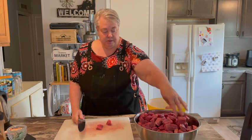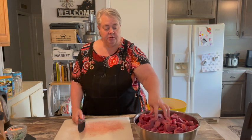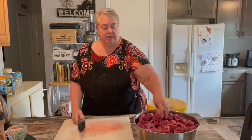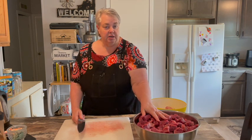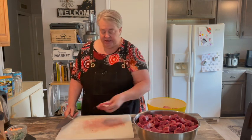So there we have it. Nice big bowl. Now I'm going to cover this with plastic wrap, put it in the fridge, and then when I get home from doing all my things today, we will get it into some jars and into the pressure canner. But I'm going to take these,